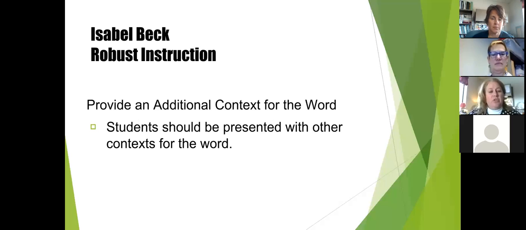We do want to make sure that learners don't limit their use of words to the context in which they're introduced. After the contextual introduction and word meaning explanation, students should be presented with other context for the word. Decontextualizing the vocabulary helps students learn, understand, and generalize the word across a range of contexts.